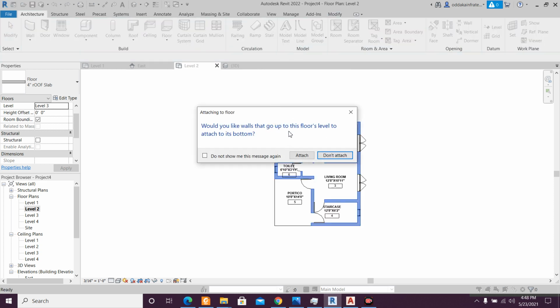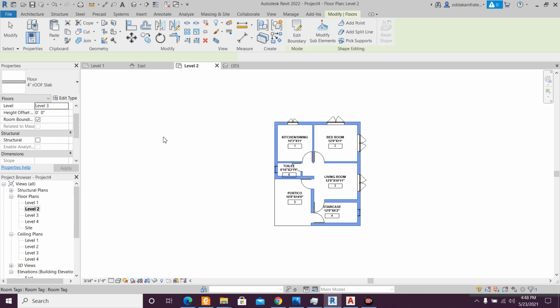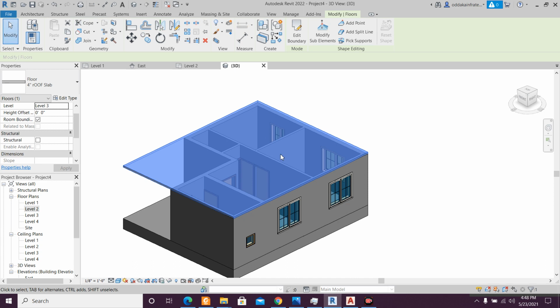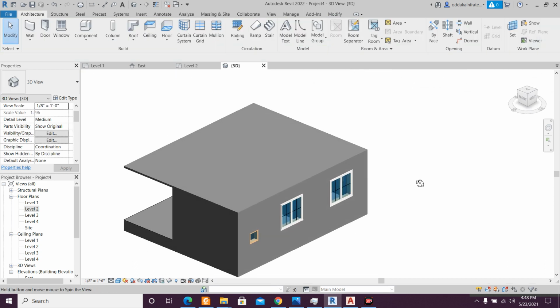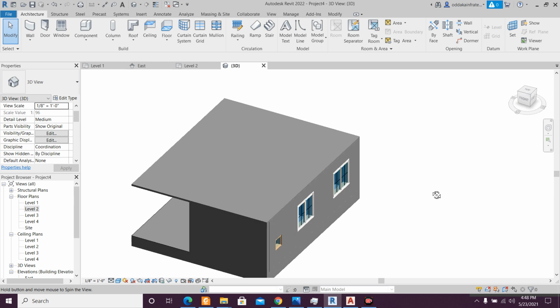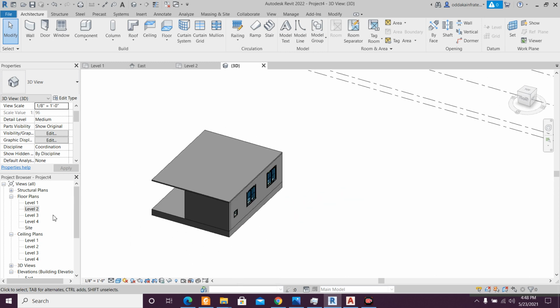Do you like to attach so that the wall floors level to its bottom? Yeah, definitely I'll want to attach this. So let's see the 3D view first. So this is my floor roof which has been created. Now if I want, I'll just go to the level 3